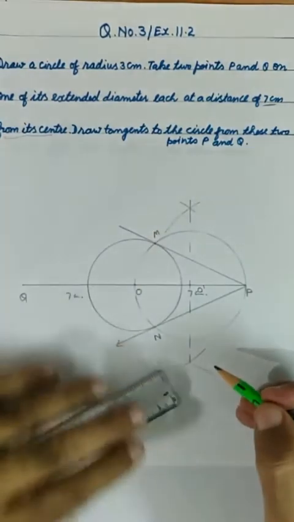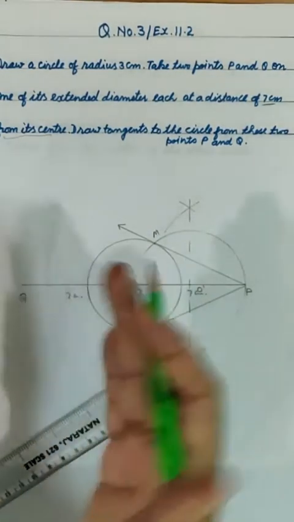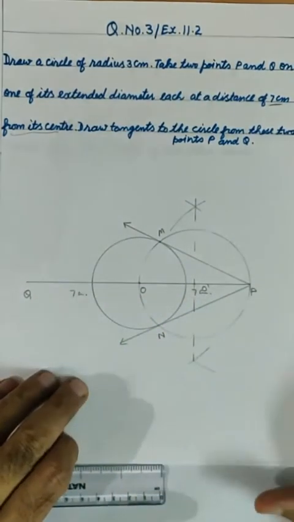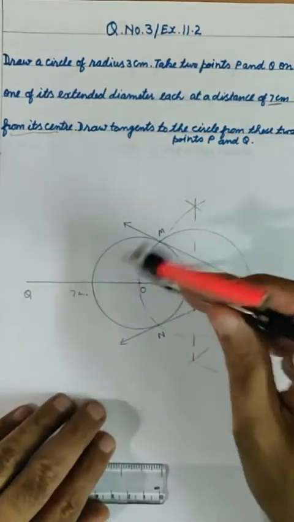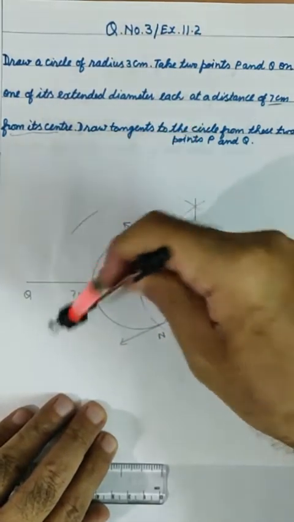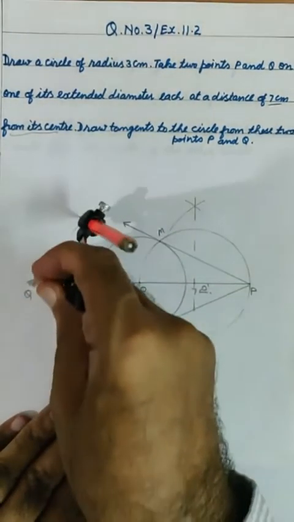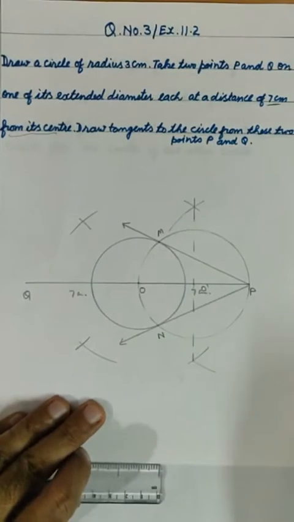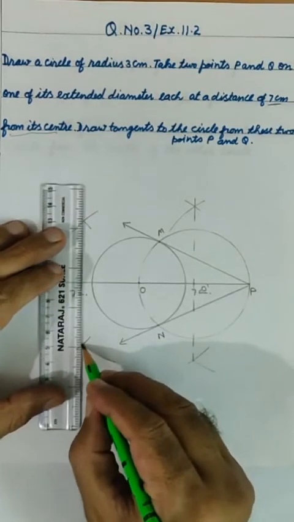You can draw the right angle. In the same way you have to do this for Q also. This is the circle and Q is the exterior point, and then you have to draw the perpendicular bisector of OQ. You put your compass here, open more than half, then cut this, then this. From here you have to draw the same way as you did before.